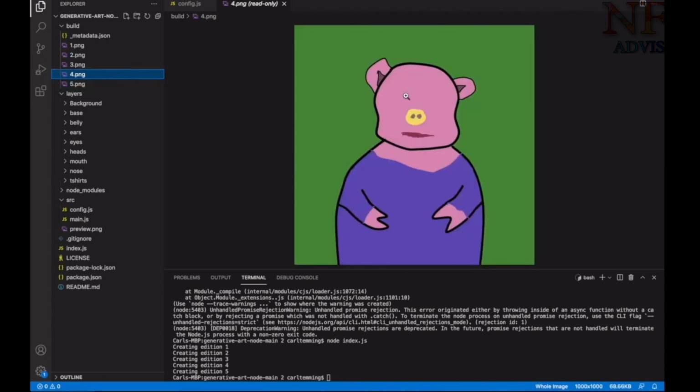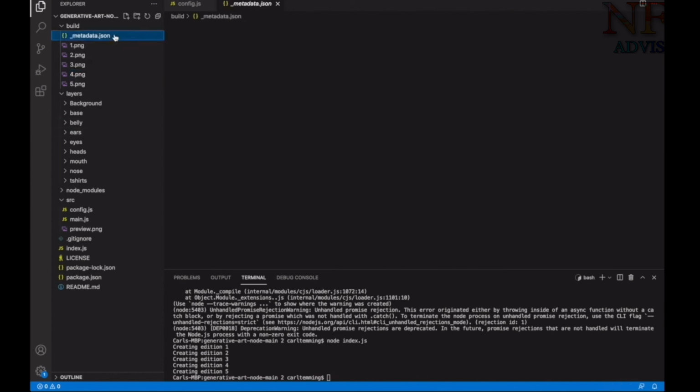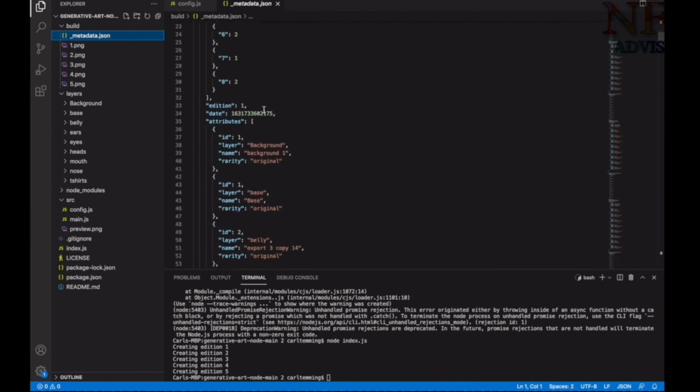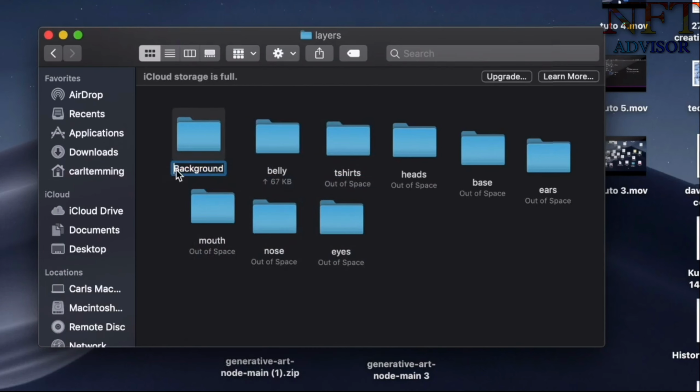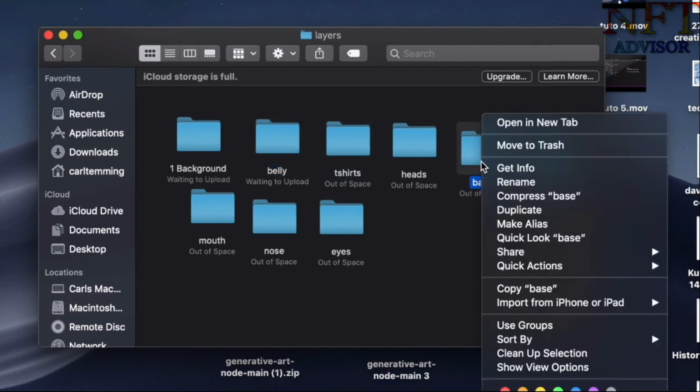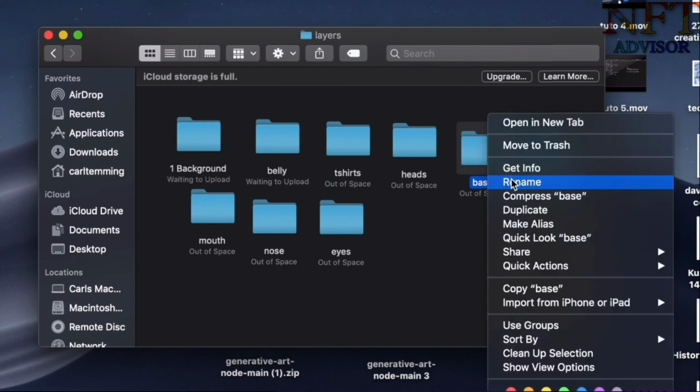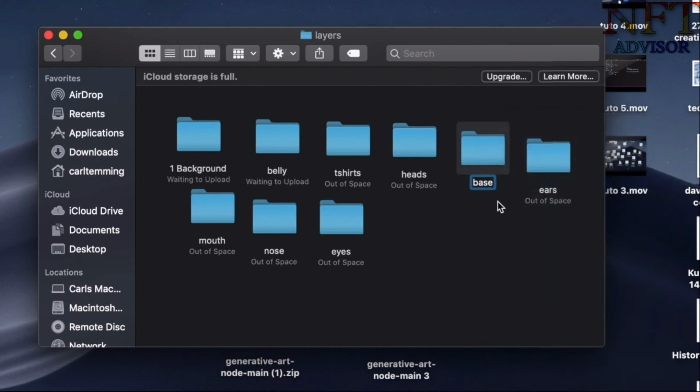And as you can see, they are missing their eyes. And that's because the folders were selected in the wrong order, and you can just prevent it by putting a 1 or 2 or 3 in front of each folder. So if you want your background to be chosen first, in front of the background folder, you just put a 1. And you have to rename that separately,